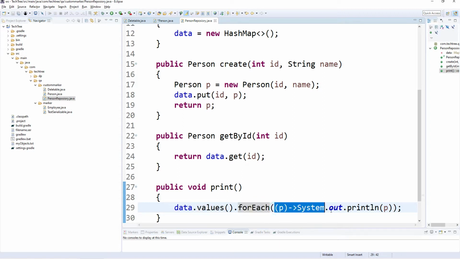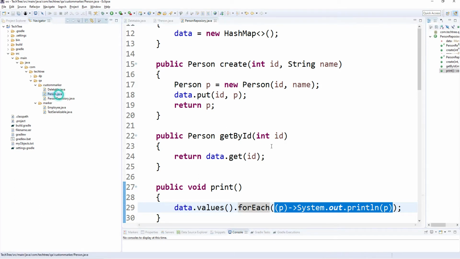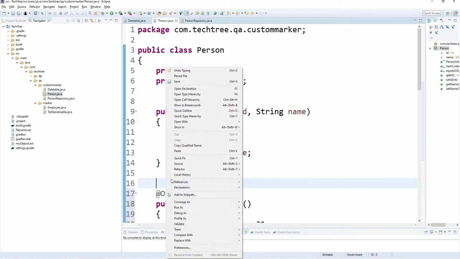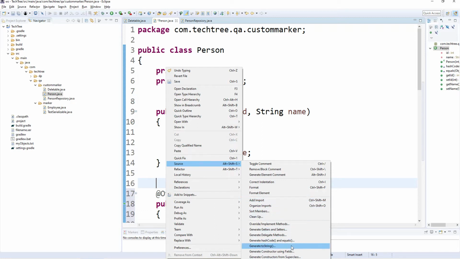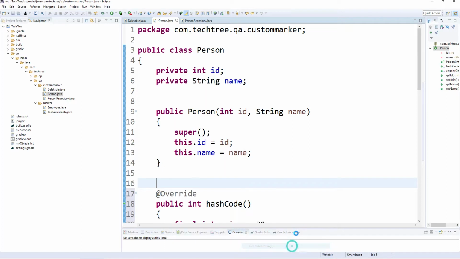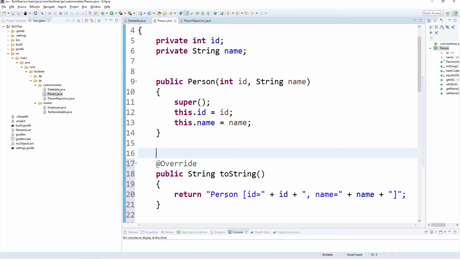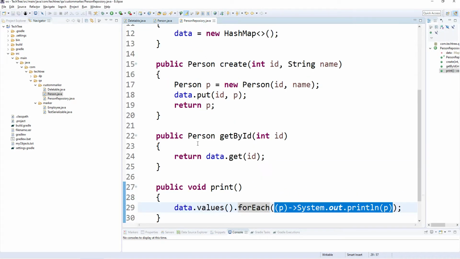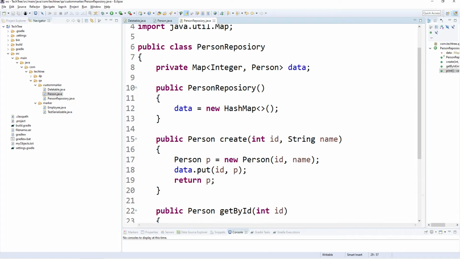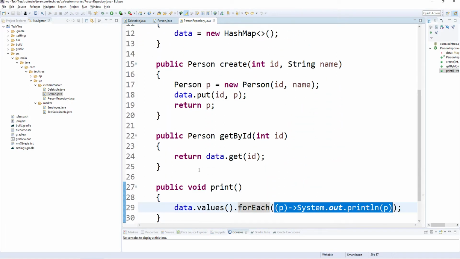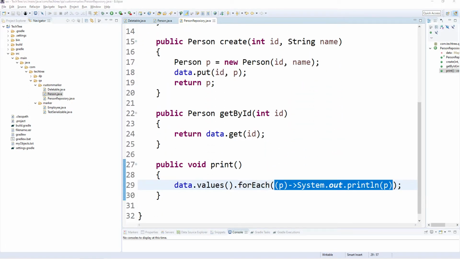This is the lambda expression that I have used; I'll create another video on lambda expressions. Let's override the toString method in the Person class. Generate toString. All done.